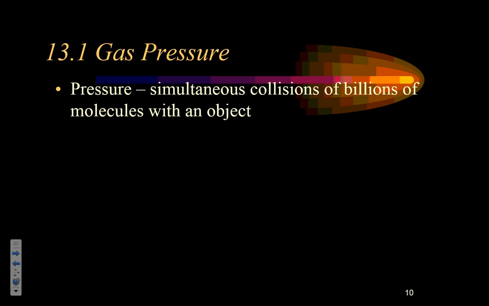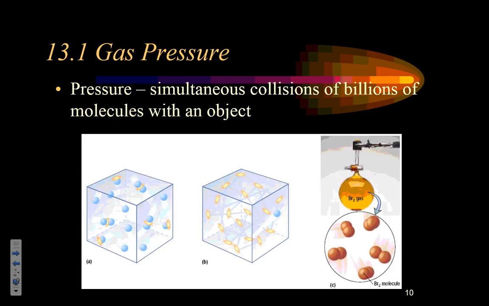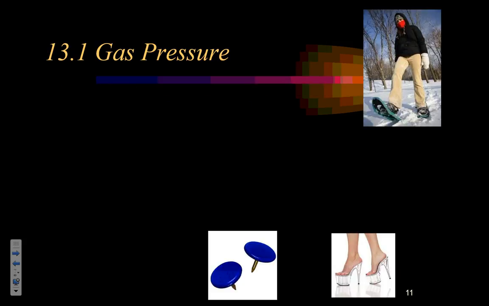So what we're really looking at here is pressure, the simultaneous collisions of billions of molecules with an object. In the case of wind in your face, that object is you that those particles are colliding with. So pressure is really dealing with collisions. So whenever you think of the term pressure, you need to visualize collisions. Anything that would make more collisions or higher force collisions or concentrate a number of collisions in a very small area would lead to higher pressures. And that's because pressure actually equals mathematically the force divided by area.